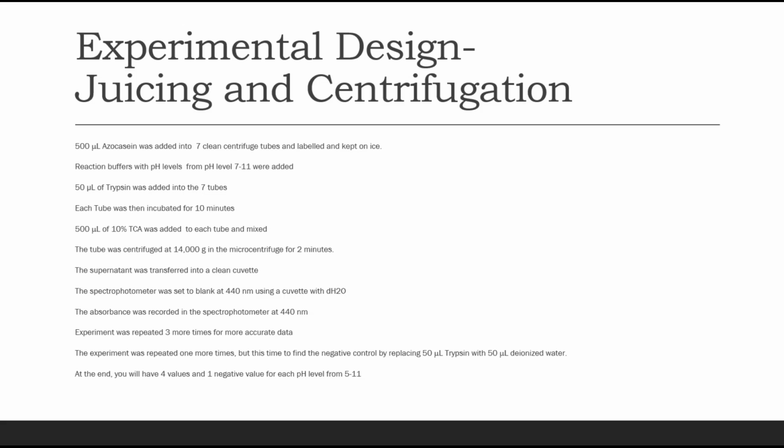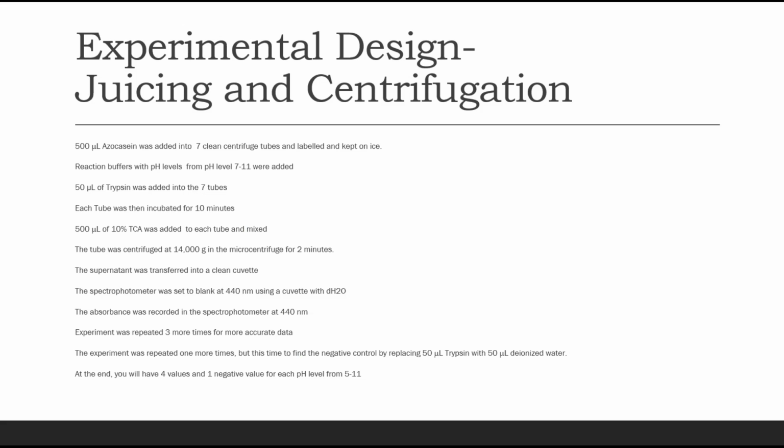At the end, the experiment was repeated 1 more time, but this time to find the negative control by replacing the 50 microliters of trypsin with 50 microliters of deionized water to get a negative control, which means seeing what the azocasein would do without the trypsin. At the end, we were left with 4 values and 1 negative value for each pH level from 5 to